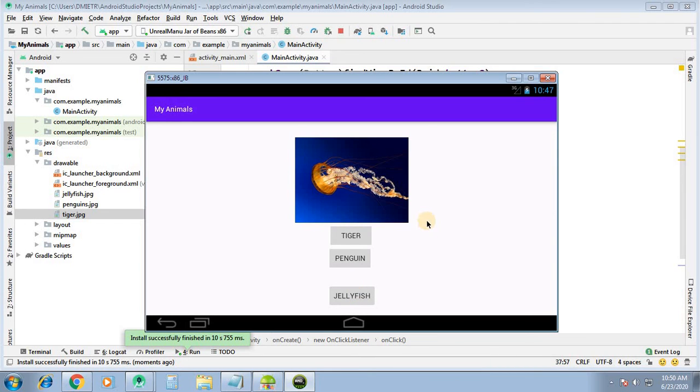So this is the second example of image view, in which we are setting the image on click of the button. Similarly, you can have an app in which you write my mom, my dad, my brother, my sister, and whenever you click on the button, the corresponding person will appear here. You can have the images of your brother, sister, mother, father, load them in the drawable folder, and have fun. So this is about the image view in Android.